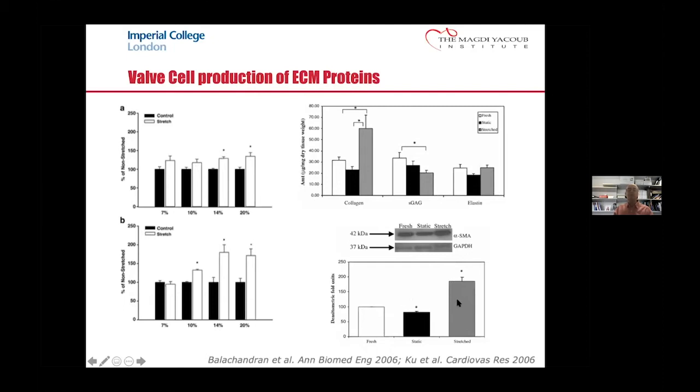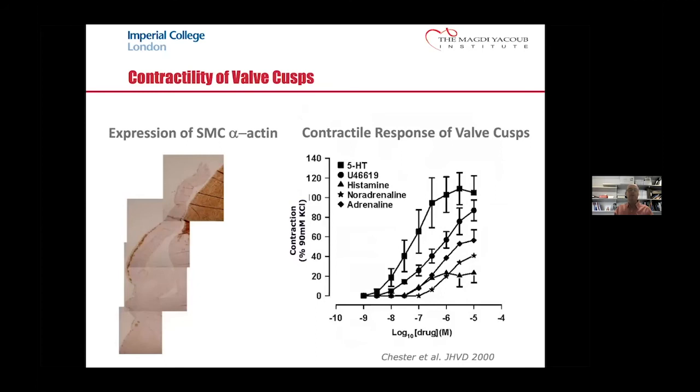So there are some myofibroblasts in healthy cells. These tend to reduce immediately after birth, but then may increase as markers of disease later in life, but they also play a role in healthy valves. And in fact, this was the first data that got me personally involved with heart valves.